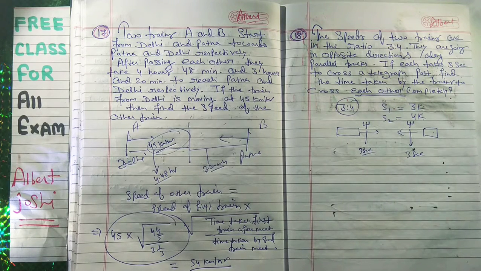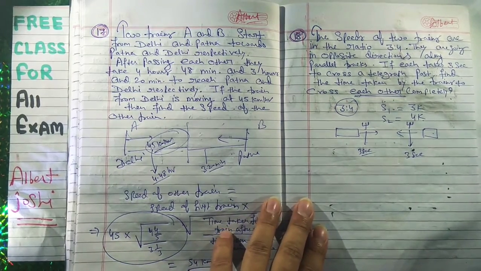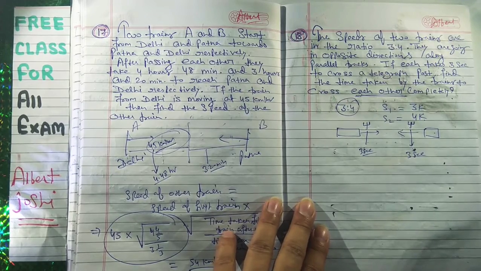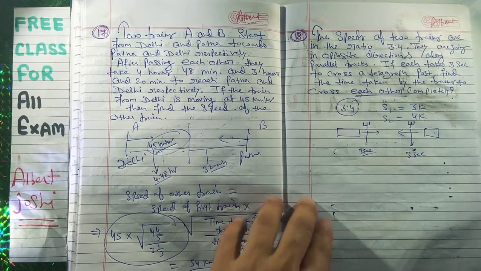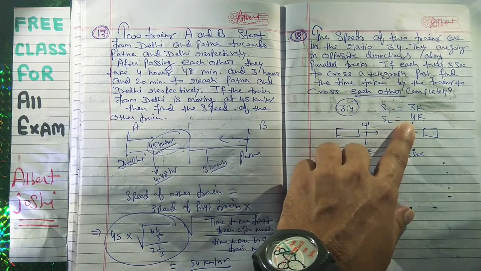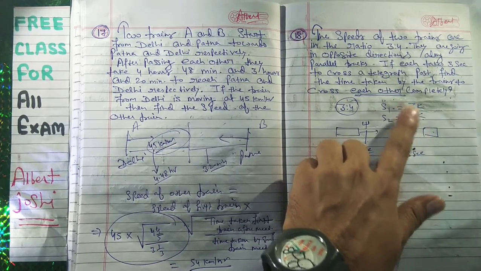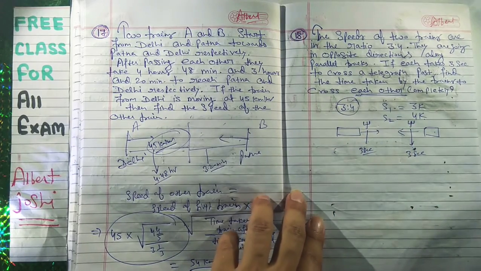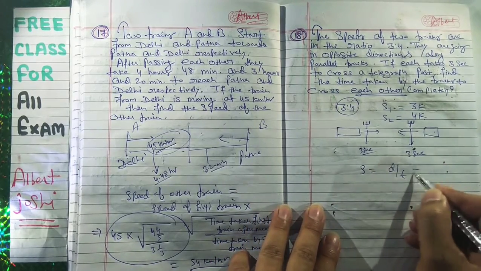So it is a very simple question. Since both the trains cross a telegraph pole in equal time, the ratio of their speeds should be equal to the ratio of their lengths. So the lengths of the two trains are in ratio 3:4. Already they have given us. Suppose the lengths of the two trains are 3k and 4k meters respectively. Since each of them takes 3 seconds to cross a telegraph post, speed is equal to distance upon time. So what is distance?